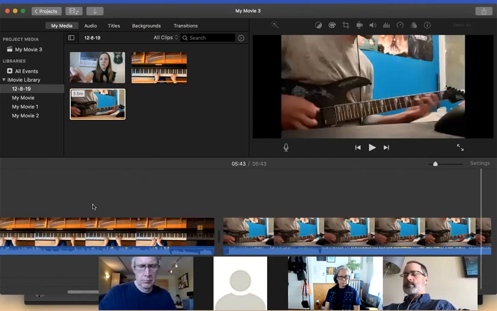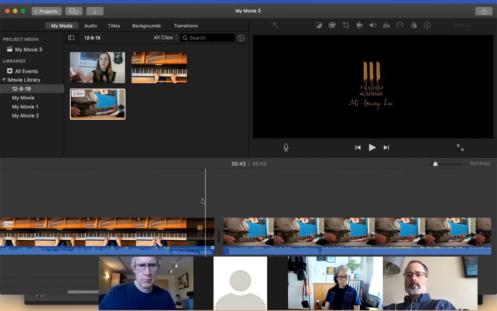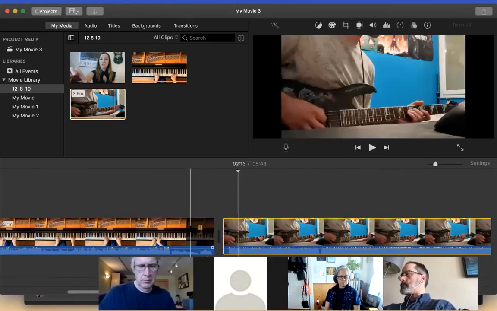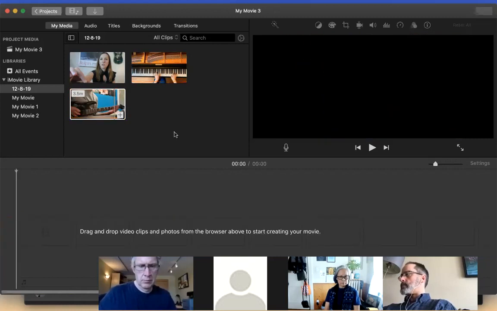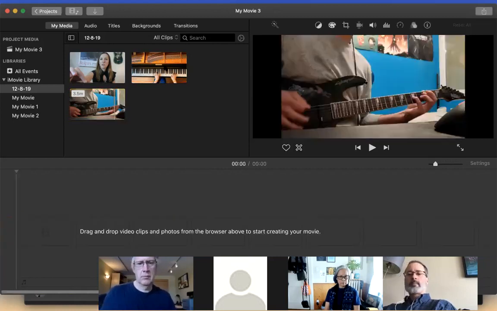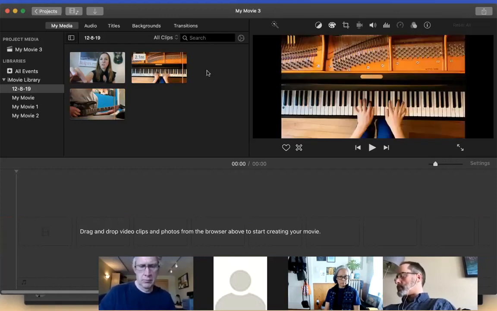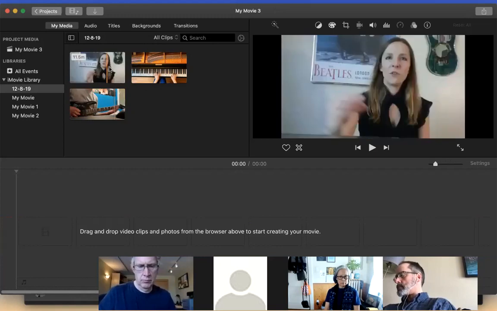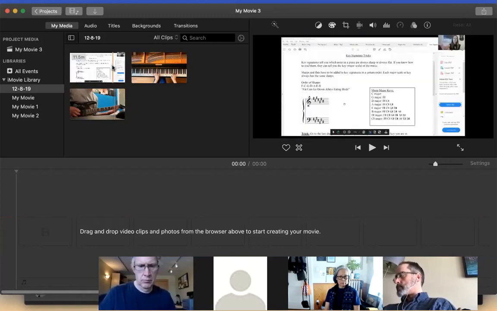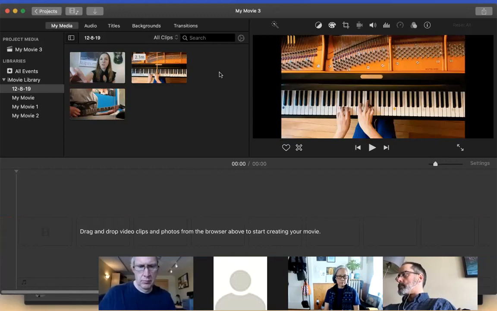So if I have a bunch of stuff that I know is going to be sequential and I don't feel like dragging them in, I can do that super easily with that button. But in general, clicking and dragging is probably the most intuitive way, and probably the way that you'll do it the most, because it gives you access to some other functions of the timeline and some other functions of just video editing in general.